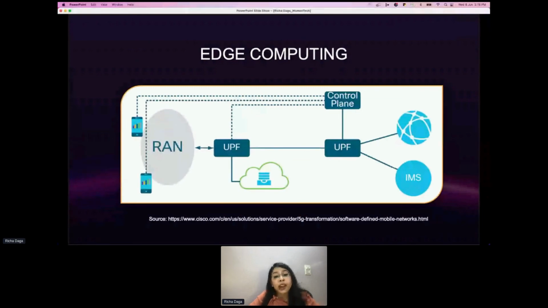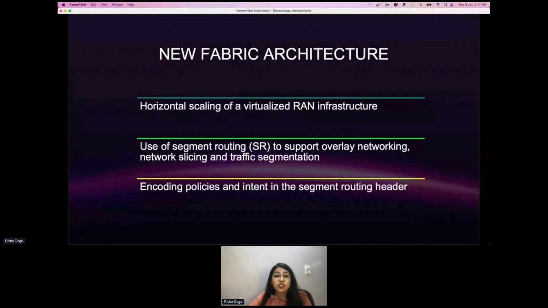where a hosting environment for cloud computing is also deployed. So the same cloud environment can support the 5G infrastructure workload, such as the upper layer of the new radio signal processing stack, as well as the UPF. This new fabric architecture that we talked about, which becomes of prime importance, supports the horizontal scaling of a virtualized RAN infrastructure and provides cost effective scaling of the high speed 10, 25, or 100 gig interfaces that are needed to handle 5G speeds.